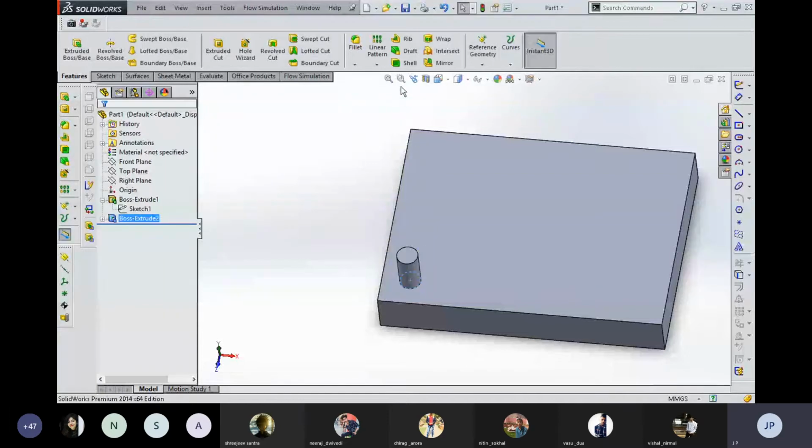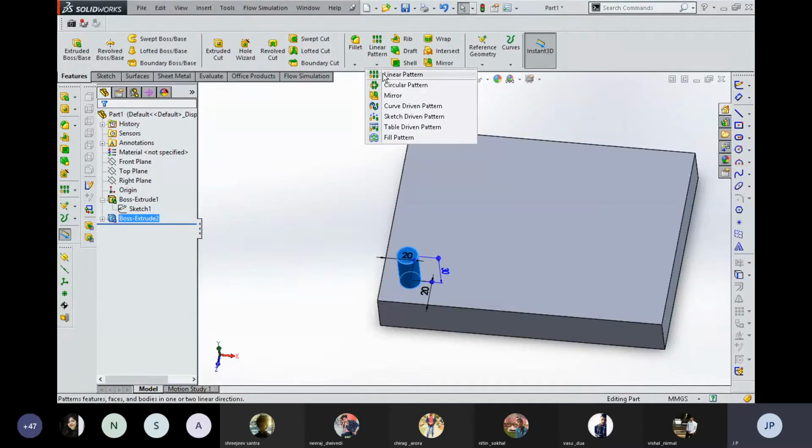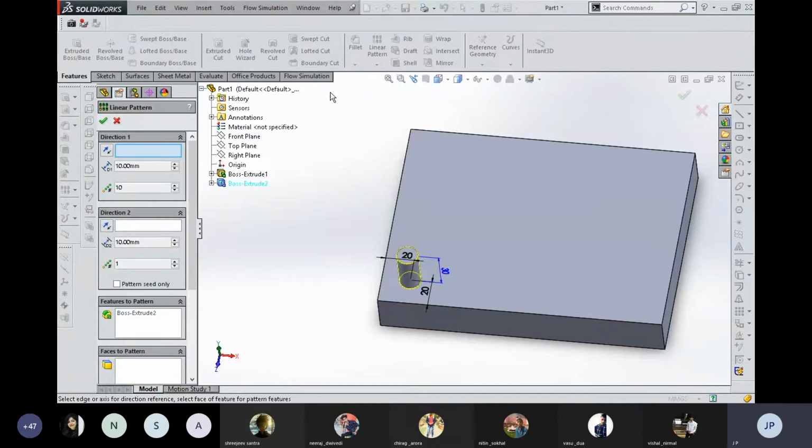Now what we require is to use this pattern tool. For ease of use, I am selecting the component first and then selecting the tool, because afterwards we have to select the base part which is used as a reference component for applying these different tools. Okay, now I select the linear pattern. It is asking two things: the distance between two copies of this parent component and the number of copies you require in this part modeling. First of all, it is asking about the direction, the parent direction.